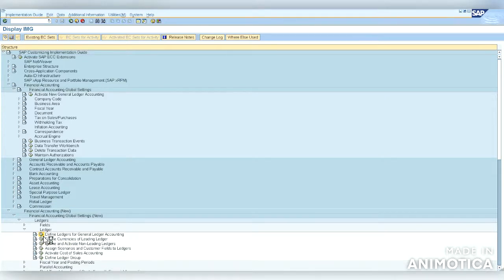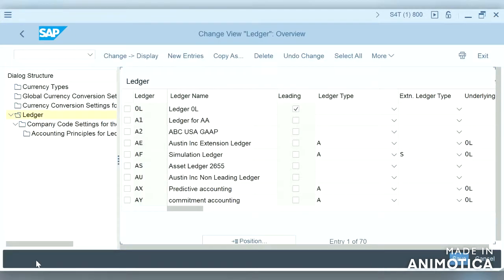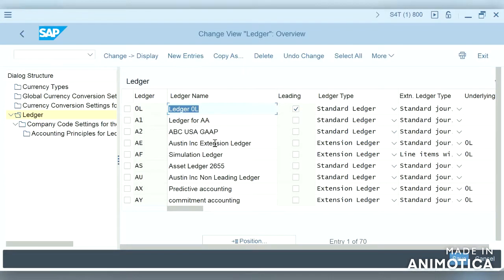Define Ledgers for General Ledger Accounting. If we see this, it has given some warning messages, and we can see here itself currency types, global currency conversion settings, currency conversion settings for company codes, the ledger company code settings for the ledger, accounting principles for ledger and company code.